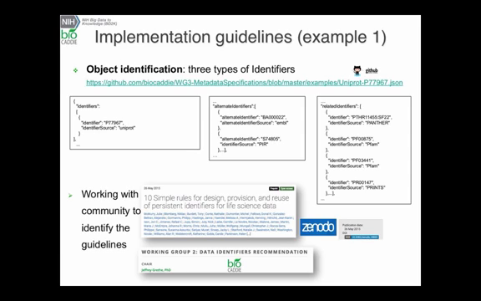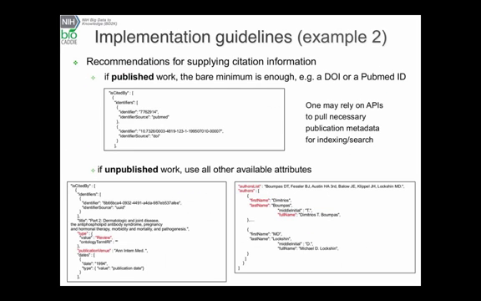So, as I said, these guidelines are being produced, and we take into account recommendations done by bioCADDIE working groups, such as Working Group 2 for data identifiers, but also community work, such as the simple rules for persistent identifiers in life science data. Continuing with the guidelines, and to give you just a flavor of the things we are considering,